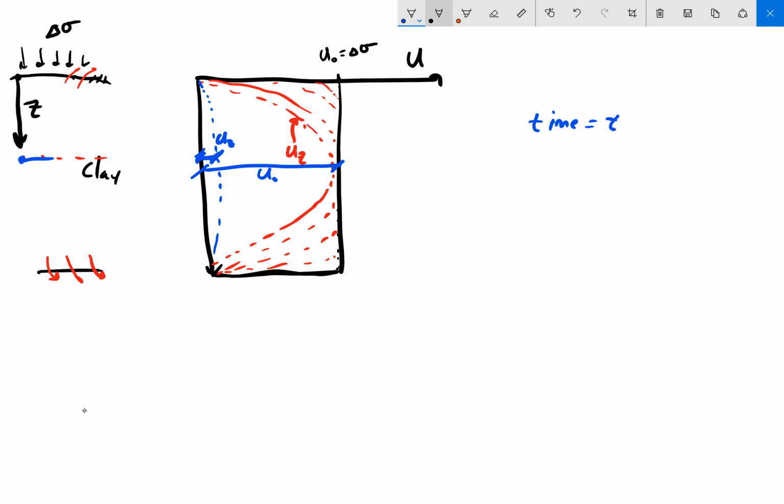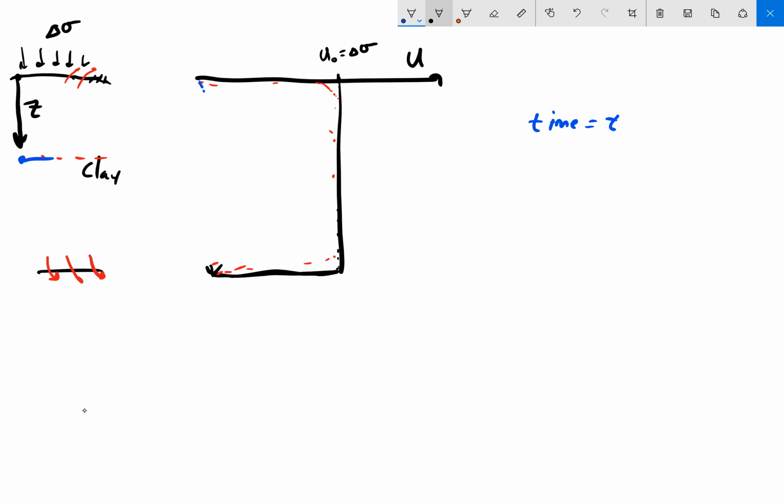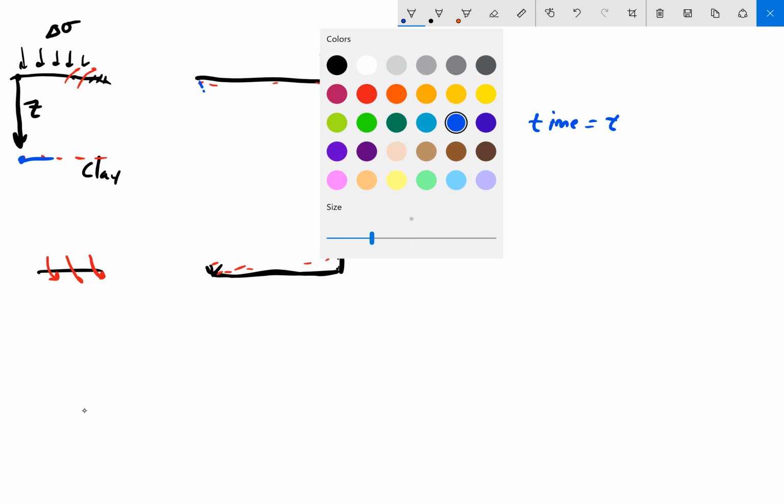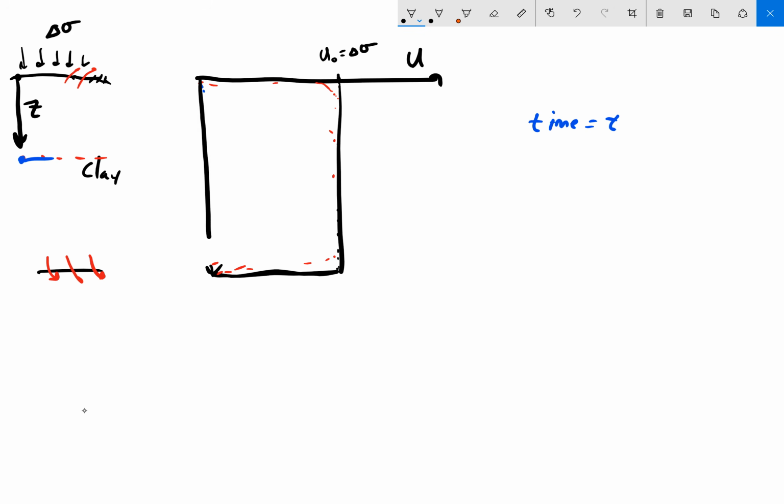So erase some stuff here, and let's introduce what U average is. What if, let's say now, again, I'm at one particular time, oops, let's get my axis back first. Okay, so let's say at time T, this is what my pore pressure distribution looks like. So again, that's U sub Z with depth, okay? So U average